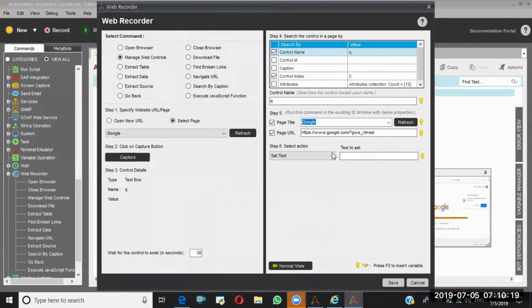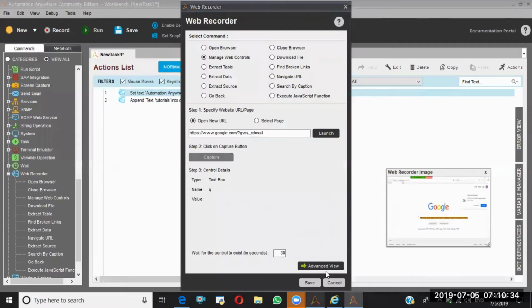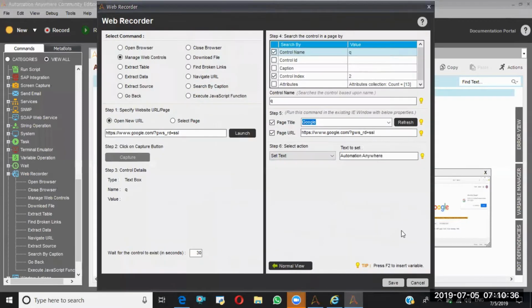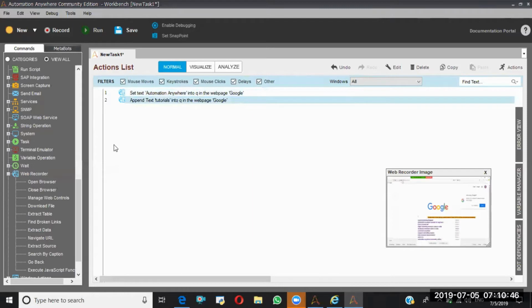Here, instead of set text, I'm going to say append text. Of course, if you want to give everything here itself, that means automation anyway tutorials, you can give it here itself. Why am I doing this in two commands? Just to demonstrate the two commands: one is set text and the other one is append text. That's the reason I am doing it in two sets.